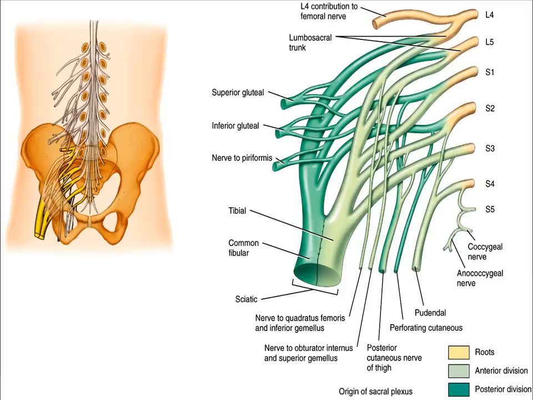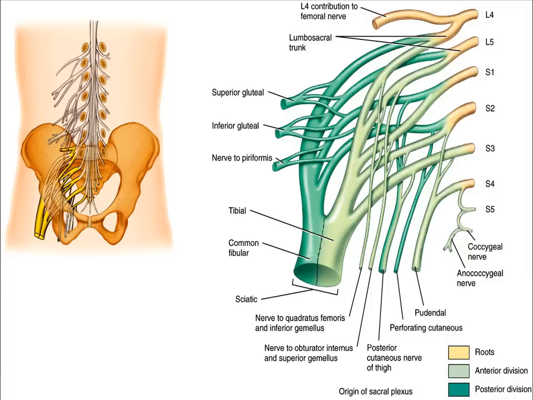In addition to the tibial and common peroneal nerves deriving from the sacral plexus, there are a couple of important named peripheral nerves also deriving from the sacral plexus from the posterior divisions from spinal nerve roots L4, L5, and S1. We have the superior gluteal nerve that goes on to innervate the gluteus maximus muscle. And then a little bit lower down from the L5, S1, and S2 nerve roots, also again from the posterior